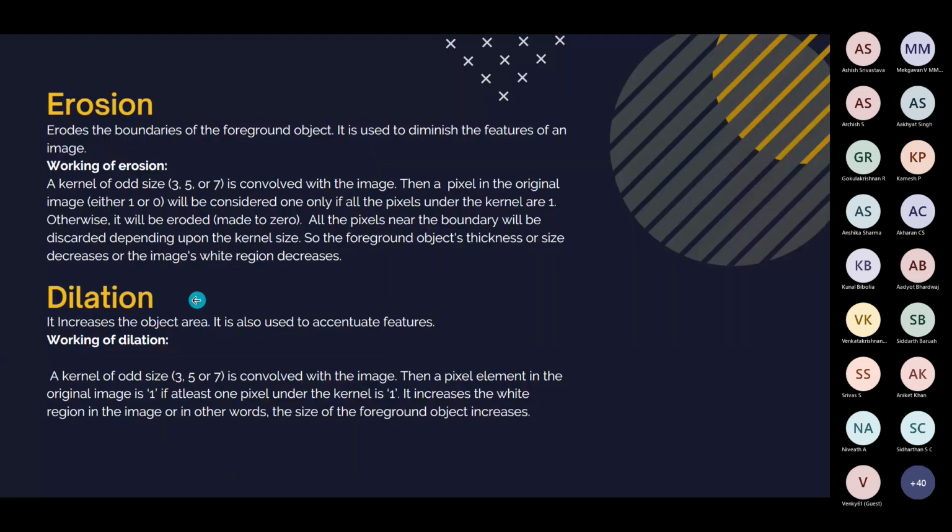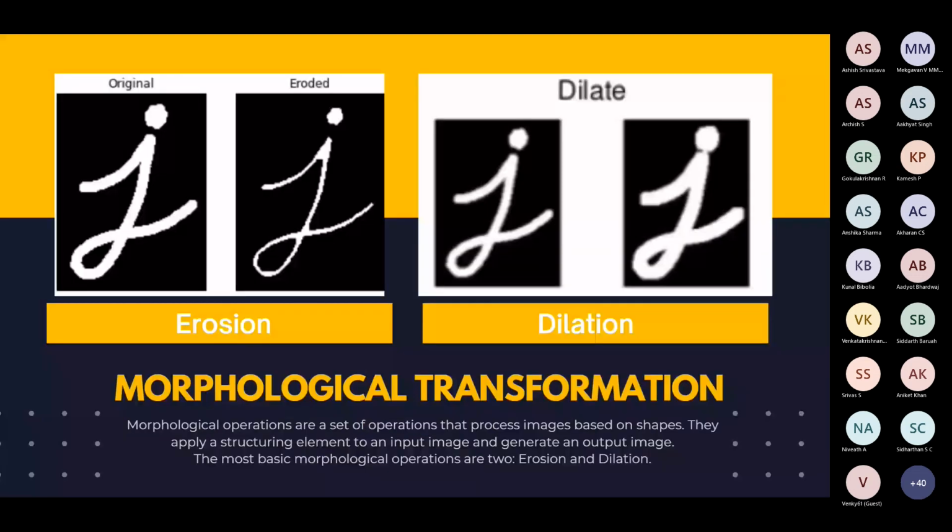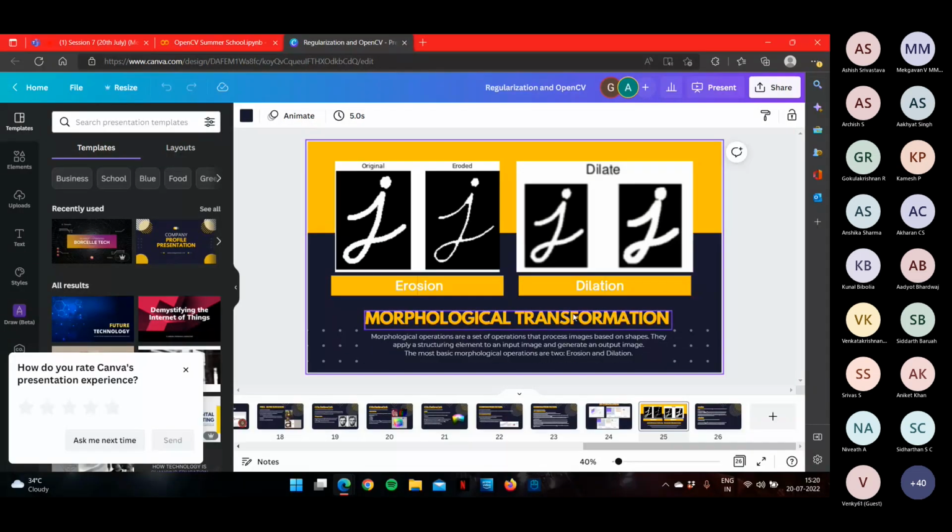And next is dilation. Dilation is when you have an object of interest, and you want to increase the object area because it is too thin or too small for you to detect properly. So we use dilation. As you can see, this image over here has been dilated, and you can see the object size increases. Now, working with this image is much easier than this image if you're comparing them on a relative scale. So this is the basic theory that you needed before we move on to the Jupyter